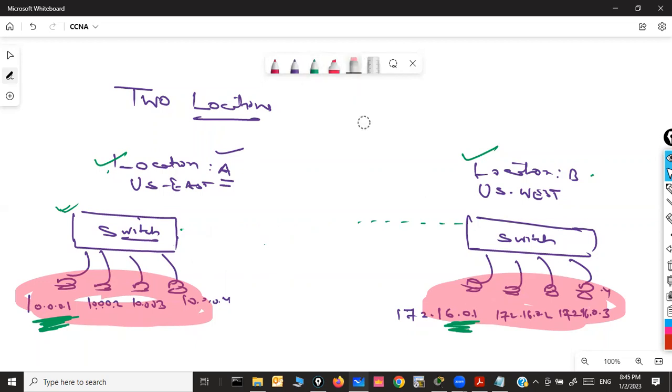But with the help of a service provider, that can be possible. If we are ready to pay a service provider, a telco or internet service provider, we can ask the service provider to provide physical connectivity between these two different regions, no matter whether they are 1,000 miles away from each other or maybe 100 miles. Because service providers have already laid down optical fiber cable.